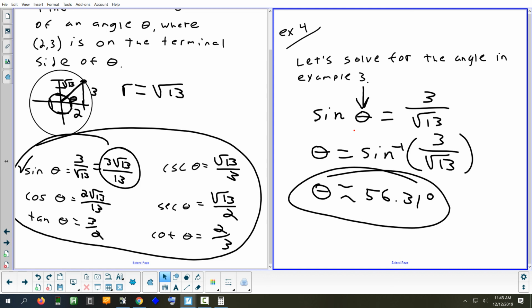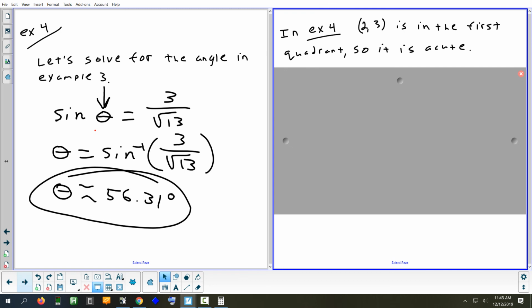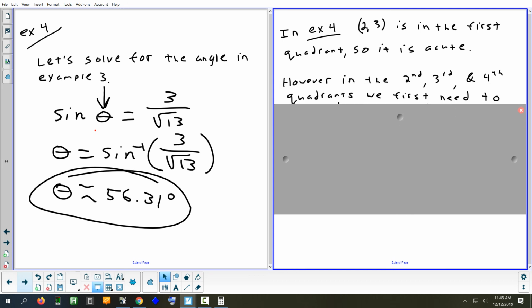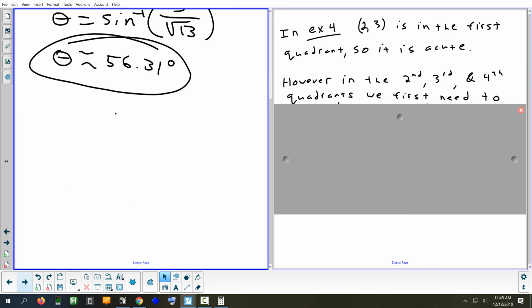Okay, there's your angle, 56.31 degrees. Now, this is where I'm going to start to tie in this diagram. So this is the last thing. That coordinate, 2, 3, had to be in the first quadrant, so I knew that the angle was less than 90. Now, if you had a point in the second, third, or fourth quadrants, that could be a little tricky because